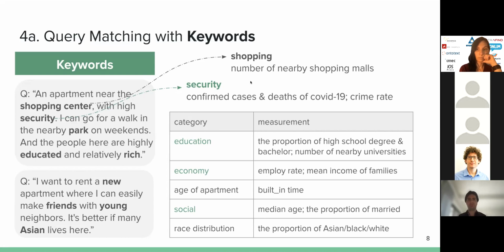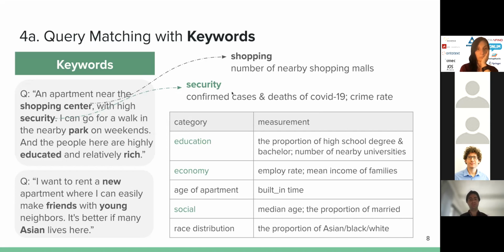So the first part is we look into keywords. One way to use keywords is just to do information retrieval, to find the keywords from a question of the user in the apartment description. So this is one thing we did. Let's say the user writes this query: I want an apartment near a shopping center with high security, things like that. One way would be to just look those up in the